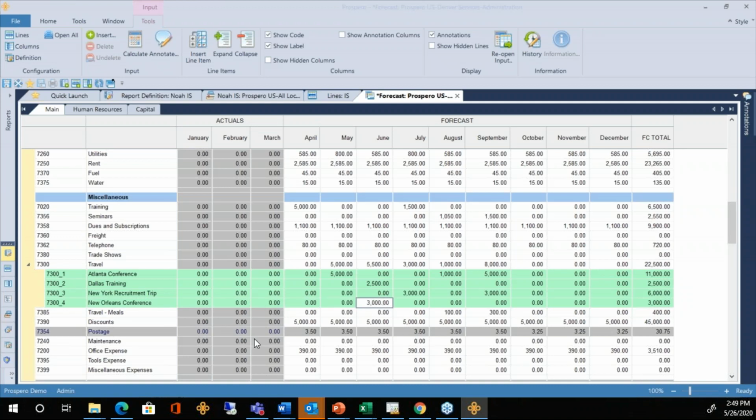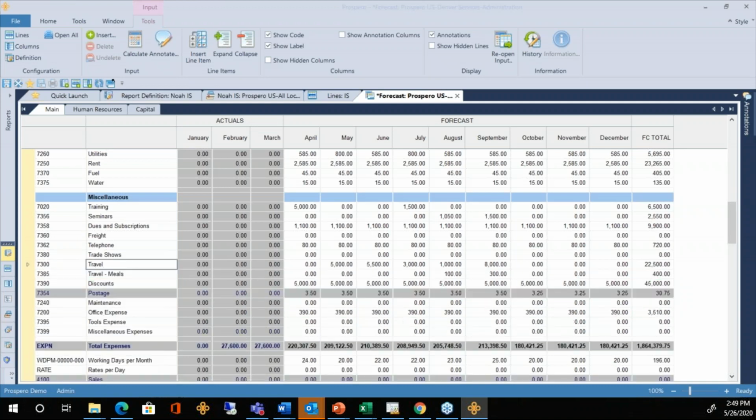Easy to add those. Any user can do those without having to call you and ask for those. These IDs are set in, and then the totals just add up to the account that they added the line item details to. And I can just double click on that travel account row to have that collapse. You see all those rows of balances are summarized to this travel account now. So easy way for them to add that. Updates all the totals for the accounts and the totals on the right as well.